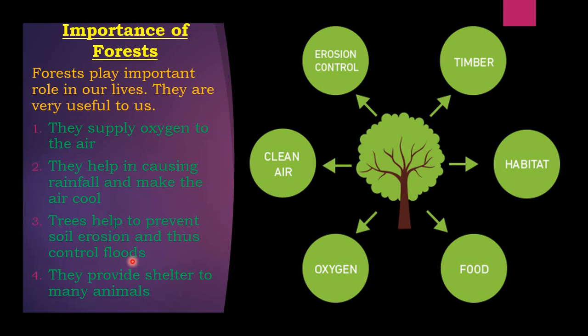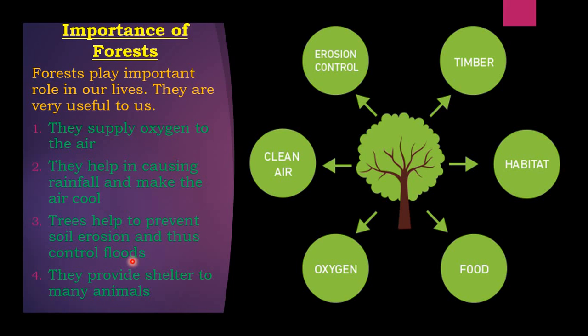The landslides will take place. Why? Because there is no base in it. There is no strength in it because of the cutting of the trees. The cutting of the trees can cause soil erosion and floods. When there are trees, man can survive. The soil erosion will not take place. So it can control the flood also, because when there are trees, so many things can go and touch the trees.